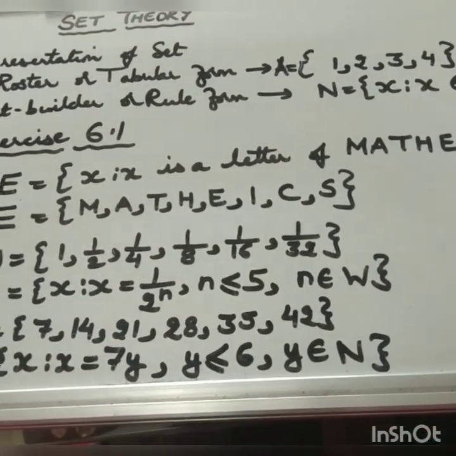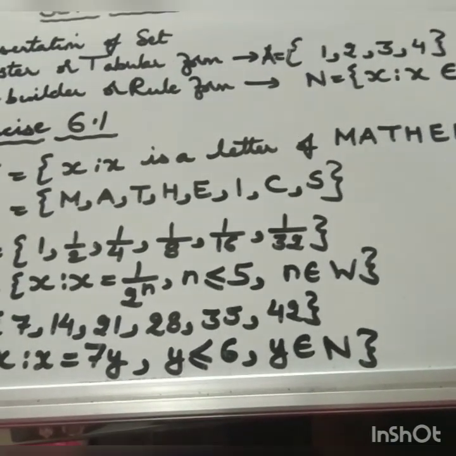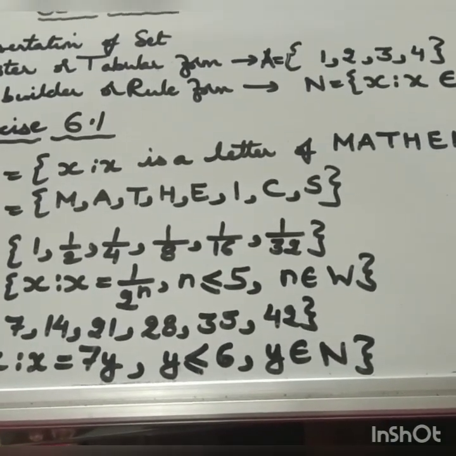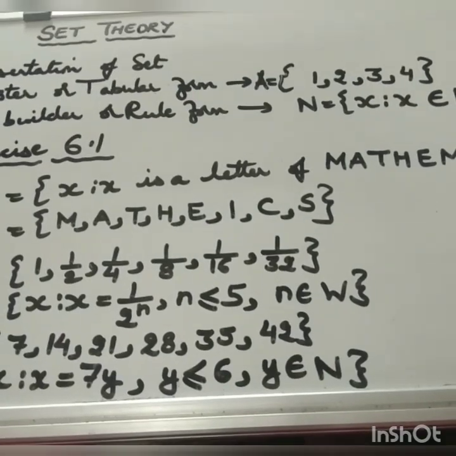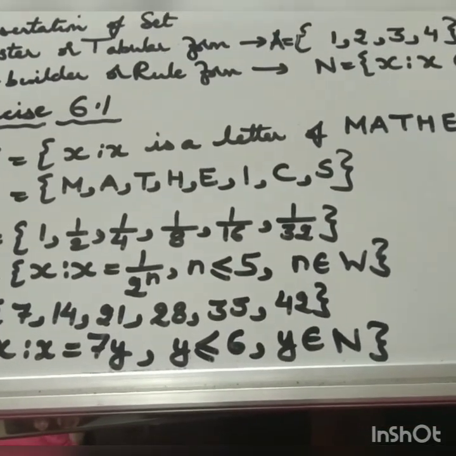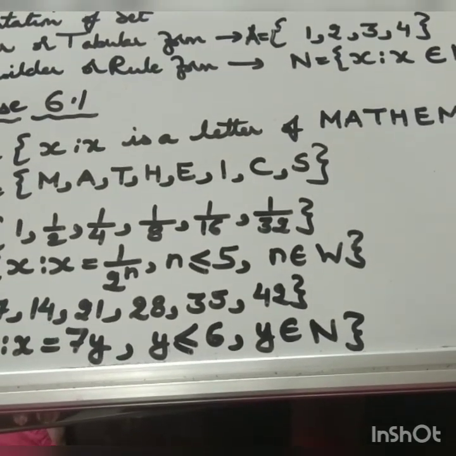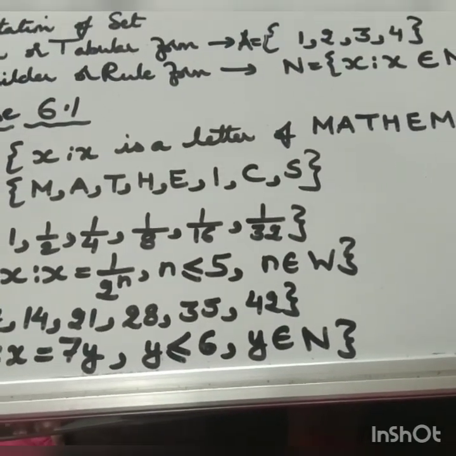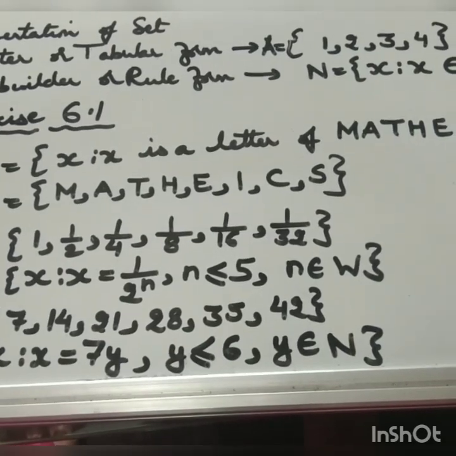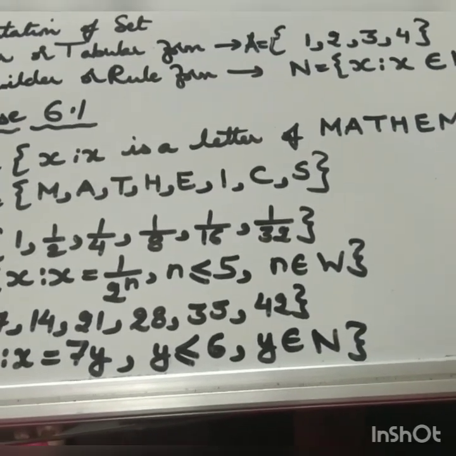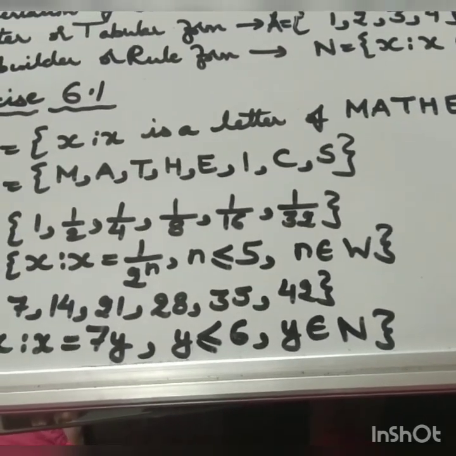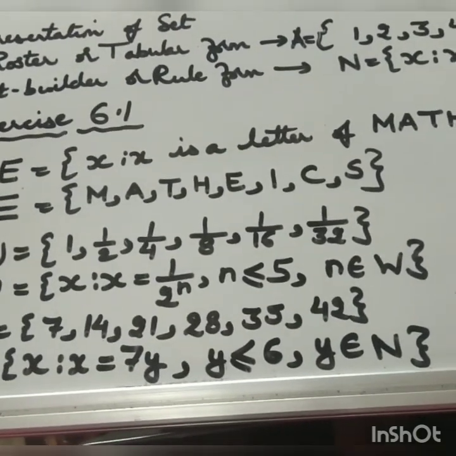Now exercise 6.1, in fact this exercise is an oral one, simply to make you understand the technical terms. I am doing question number 3 and 4. 1 and 2 you can do orally. Third also, if you feel, you can do orally. Otherwise you may do the subparts, odd numbers, in your copy. But in the fourth you do all parts in your copy. Now I am doing third, E part.